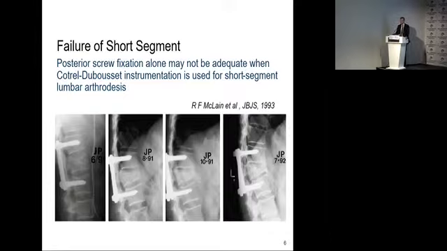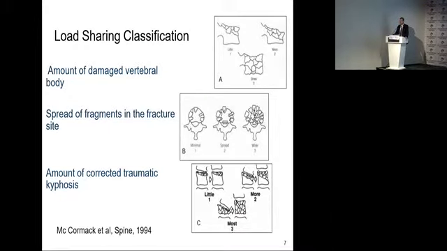I would give some information about the history. As we all know, we started, especially with one level above and one level below without putting a screw at the fractured level, in the early years. But McLean was the first author to publish a paper, and we may actually have faced this kind of failure with short segment fixation. Immediately after this